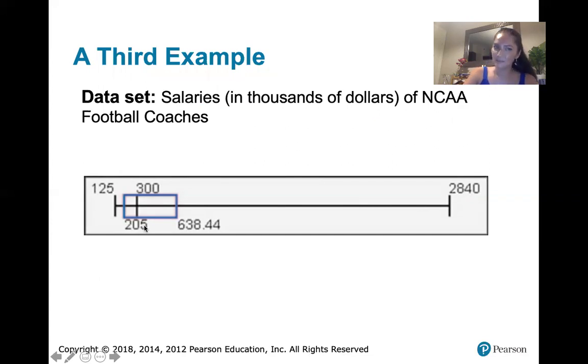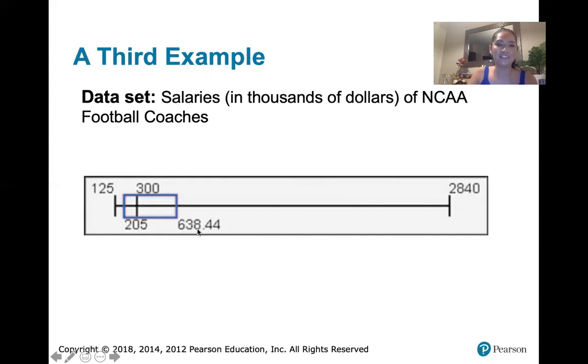So that means the lowest paid football coaches, that bottom 25%, have salaries between $125,000 and $205,000. Then the next 25%, from the 25th percentile to the 50th percentile, have salaries between $205,000 and $300,000. And then the next 25% have salaries between $300,000 and